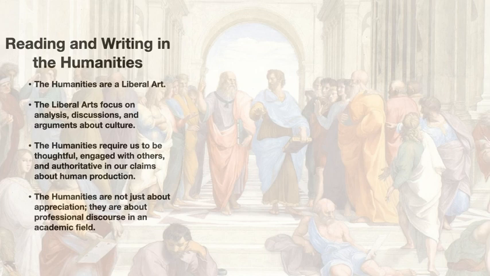Well, the first thing to notice is that the humanities are a liberal art. Liberal arts are that area of the college that is not the sciences, it's not the careers, it's not the maths. It is looking at the arts as a part of our society and the arts that build our society. And this doesn't necessarily mean paintings as arts. It means the arts of communication, the arts of writing, the arts of philosophy, the arts of history. The humanities are a liberal art. They are completely at home within the liberal arts.